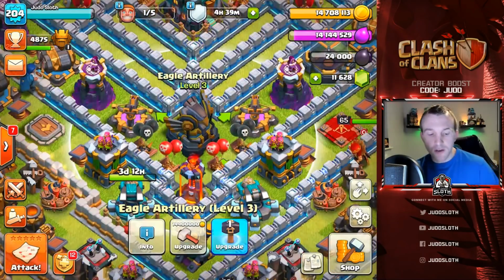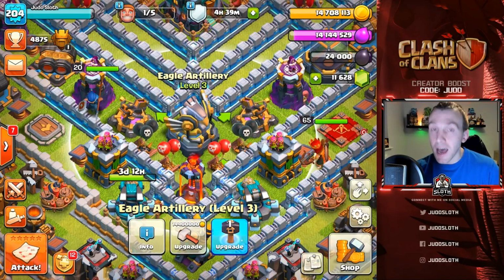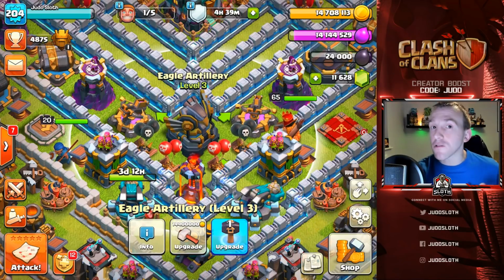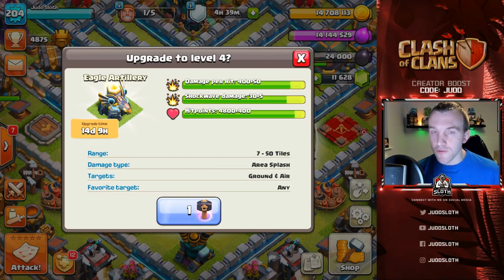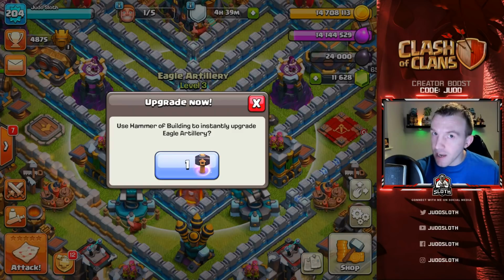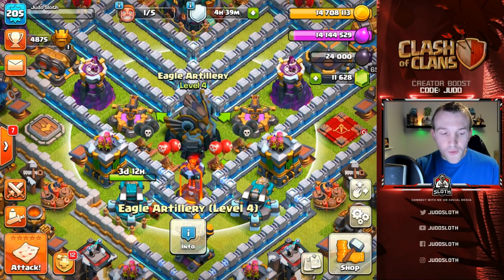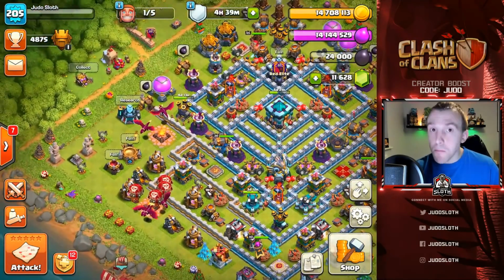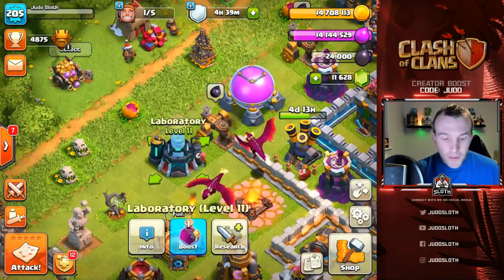Now, for the Eagle Artillery, I keep saying this, but I want to upgrade that with the Hammer of Building. Main reason being, it is one of the most expensive upgrades. So whenever you can use a hammer, it doesn't matter the cost of the upgrade, you want to ensure that you pick the most expensive thing, right? That means you're getting the best value. So there we have the Eagle Artillery to level 4 and getting ourselves to level 205. That doesn't help us in terms of decreasing the amount of gold and elixir we have, but let's head across